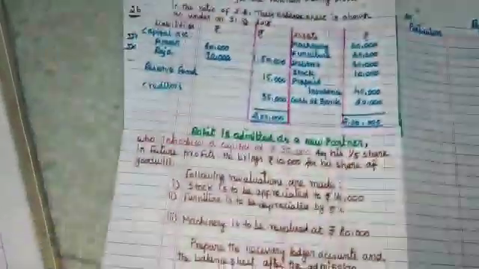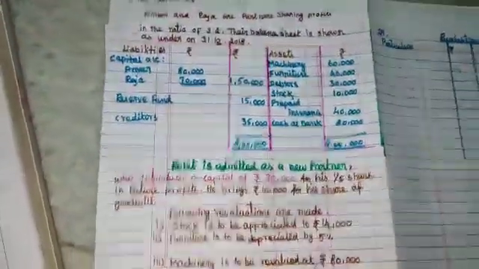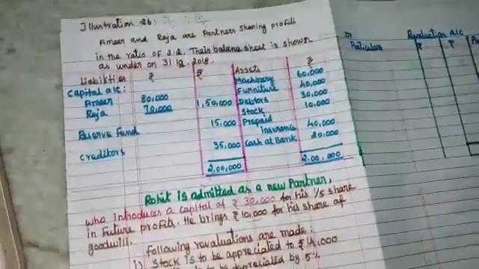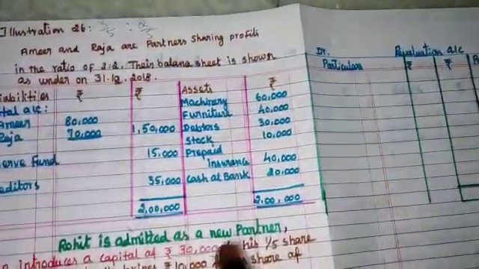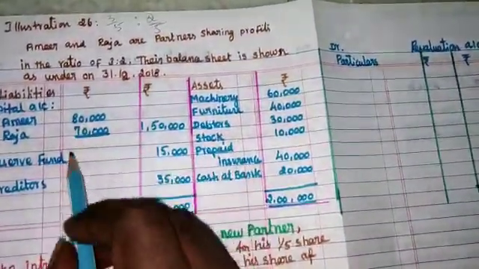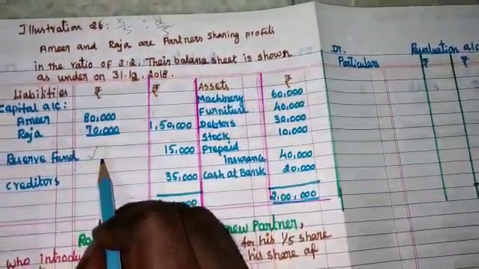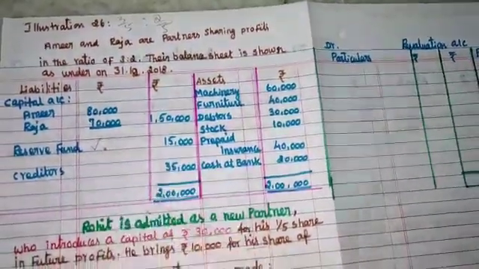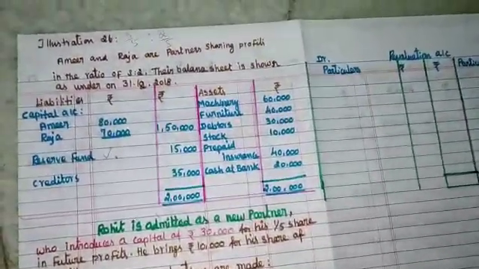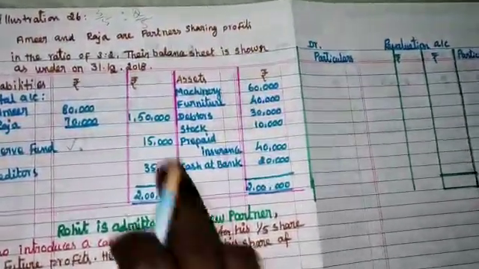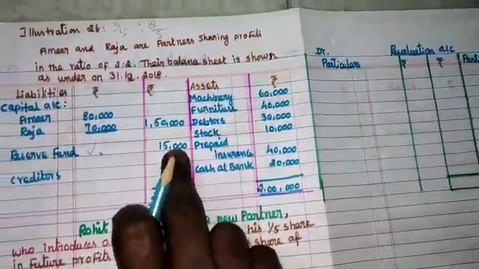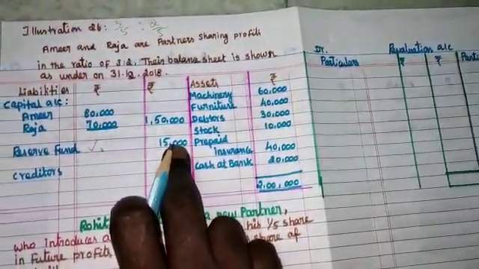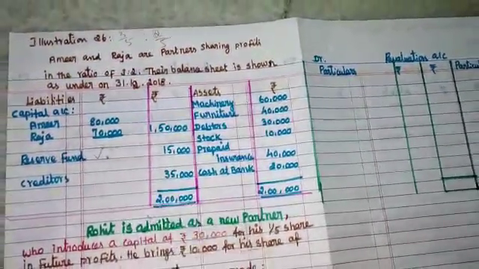So now you see here. First, they can distribute the reserve fund, profit and loss, and workmen compensation fund from the balance sheet. Here the reserve fund is given. As you already know, the reserve fund is the yearly profits of the old partners, reserved for future purposes. So the reserve fund should be distributed among the old partners in their old profit sharing ratio. So 15,000 is distributed to the old partners.